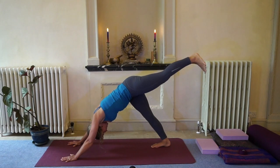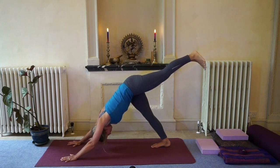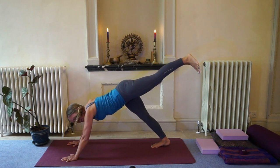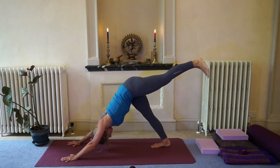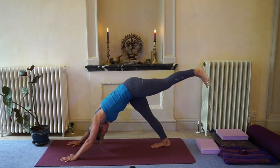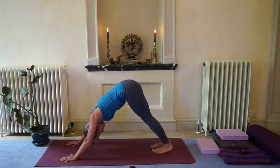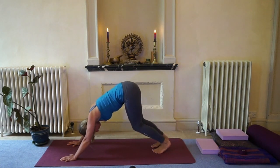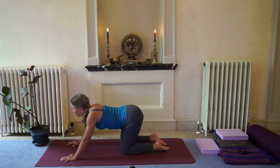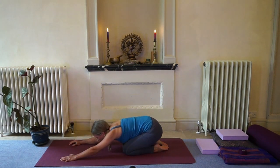Lovely deep breaths. Encouraging your upper back, your chest back towards your knees, so that you're not coming forward like this. You're encouraging it back. So you're still trying to keep that V shape in your body. So you're lifting up your pelvic floor and tummy muscles, and then bringing your leg down. Upward cat, coming back into child,